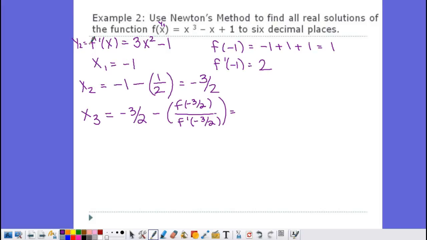Then you're going to hit second enter, second enter, and it should bring back up the x minus y2 over y1, or y1 over y2 rather. Hit enter, and we get x3 is negative 1.347826. Hit STO, X, enter. Second enter, enter. And we get x4 is negative